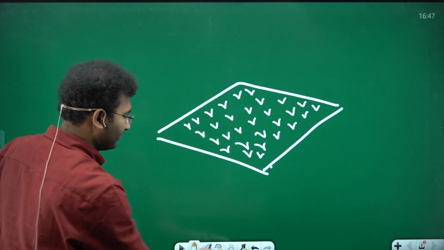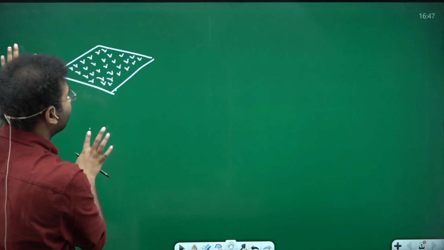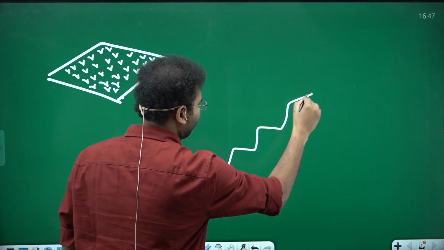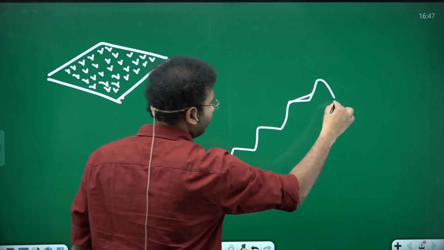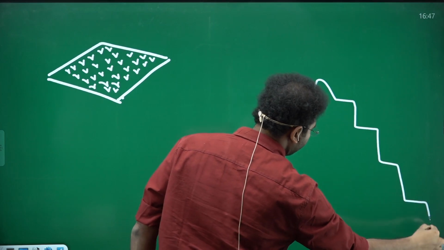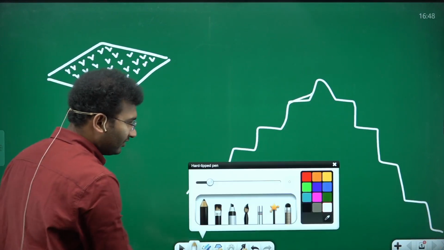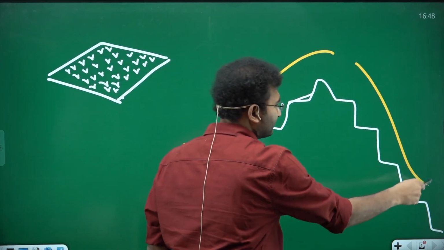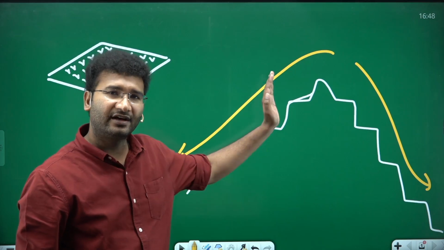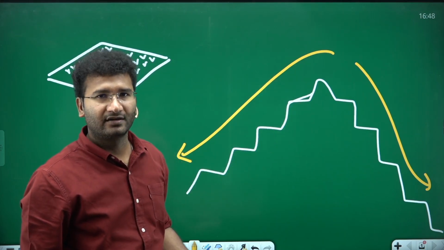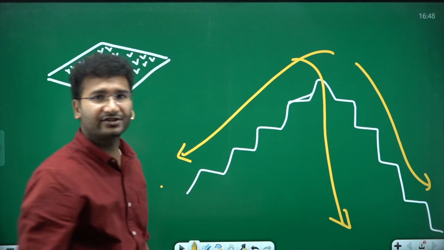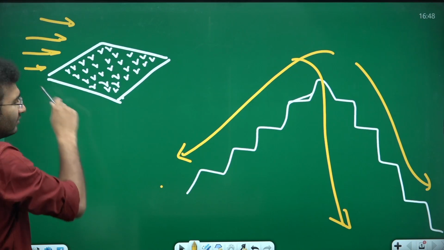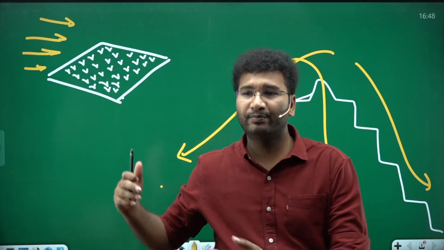Now this is a plain area. Likewise, if you are going for a mountainous area, let's say this is mountainous area. On the mountain, you have created the contour bunds, and here you are planning to do agriculture like this, right? And you have learned that every year there is so much wind coming downward, and in due process these winds are also shaking the crops and causing crop failure, right? Even the winds can move in this direction. This is one, and the winds can come in this direction and it can erode the soil if the soil is dry. So in order to beat this wind,